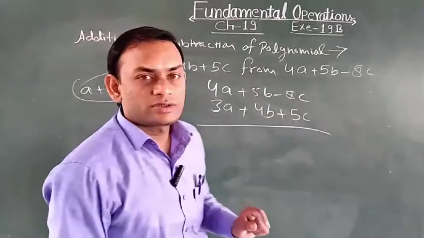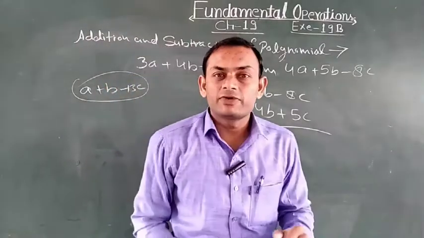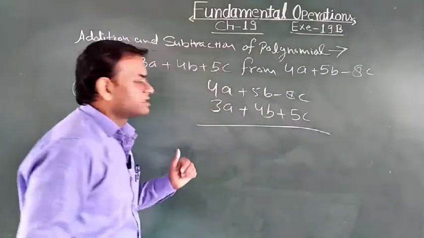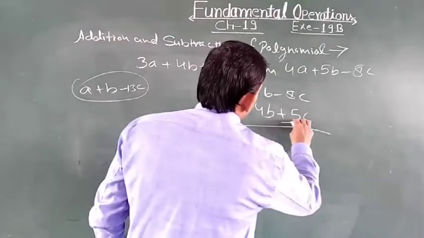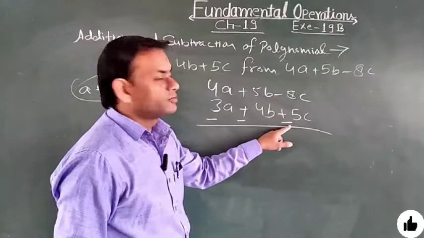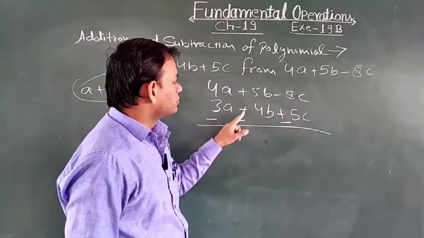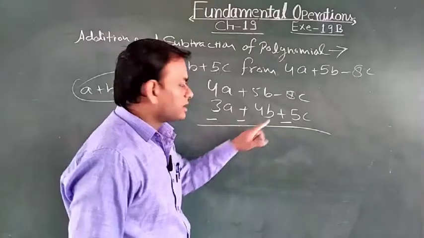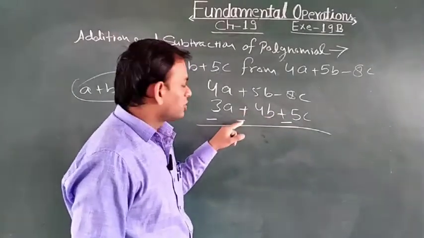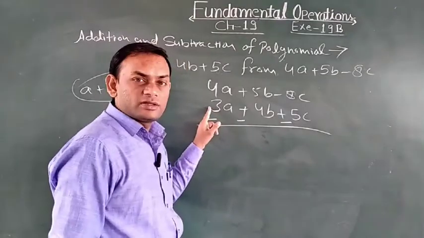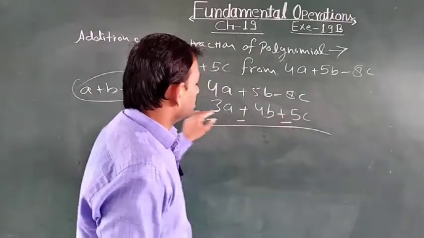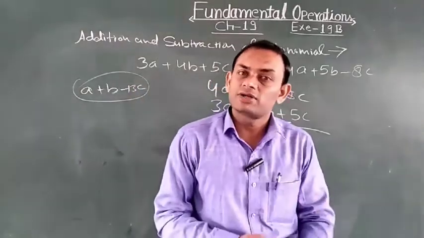Now the most important thing in the column method, whenever we subtract any polynomial from another polynomial, we change the sign of the polynomial. Okay, if this is plus, you will write a minus. If this is minus, you will write plus. Here plus is given, so I have written the minus. Here again plus is given, so I have written the minus. And here plus is there, so we write the minus. Got it? Whatever the sign is given in the polynomial, you write just the opposite of it.